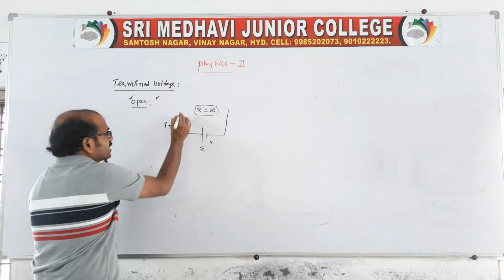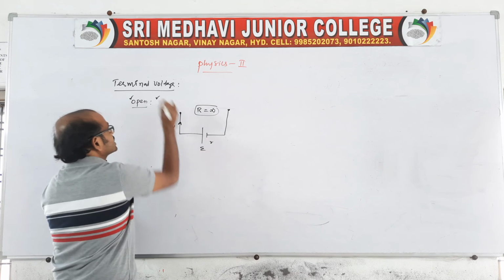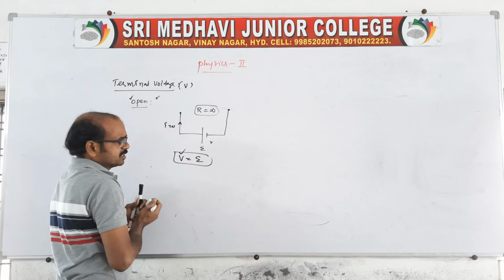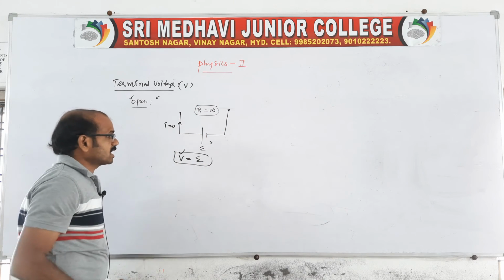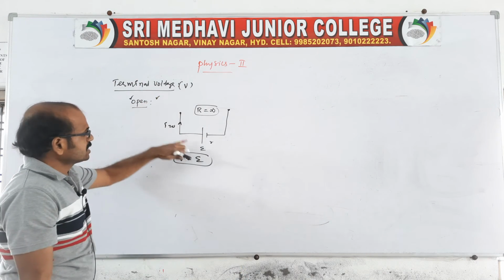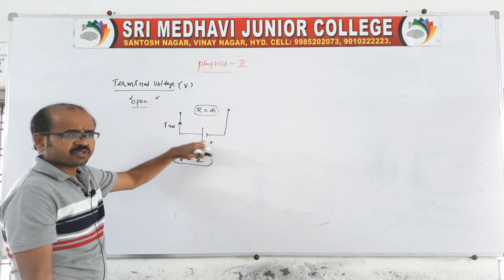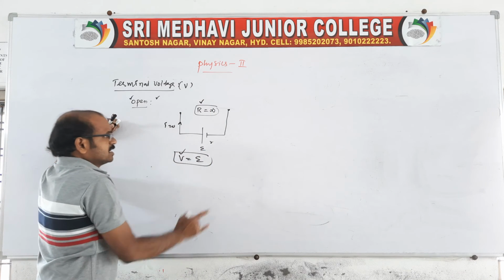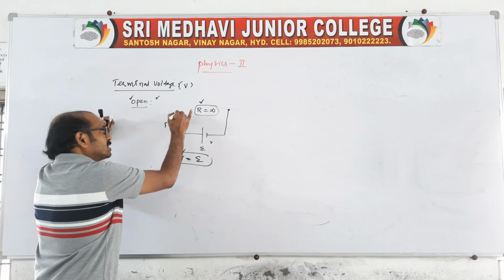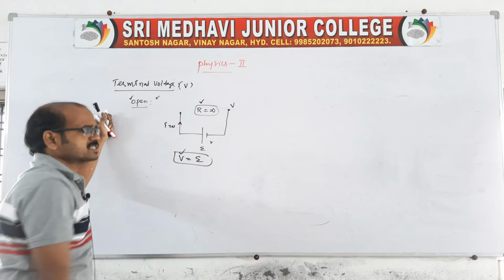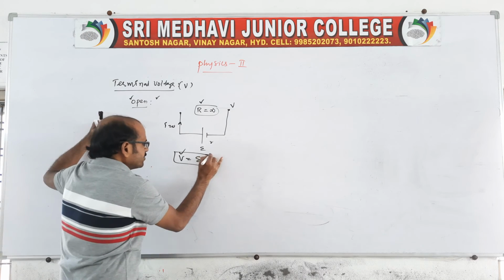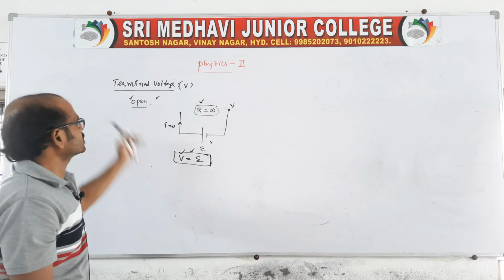Therefore, at the ends of the terminals, the terminal voltage maintains a V. Therefore, the EMF of a cell is equal to the voltage, which we can call the terminal voltage, because E is the EMF of a cell. When an infinite resistance is connected, there will be no current flow. Therefore the ends of the terminals maintain a potential difference V, the terminal voltage. So the EMF of a cell is equal to V, and V is nothing but the terminal voltage.